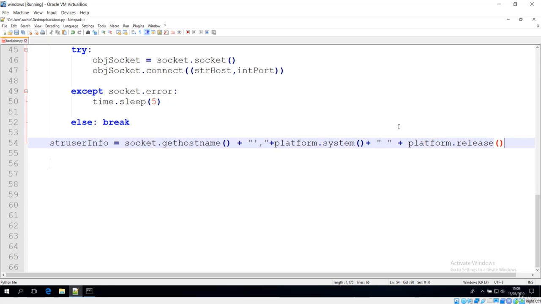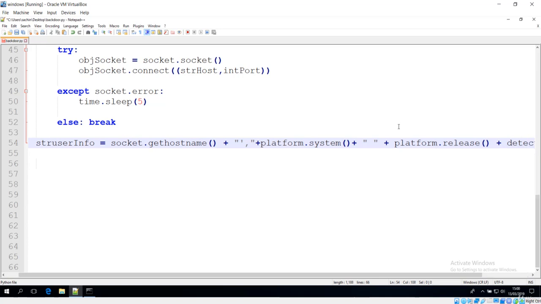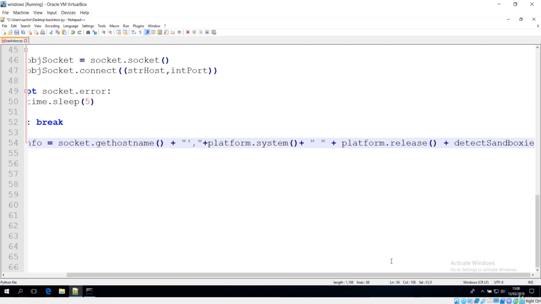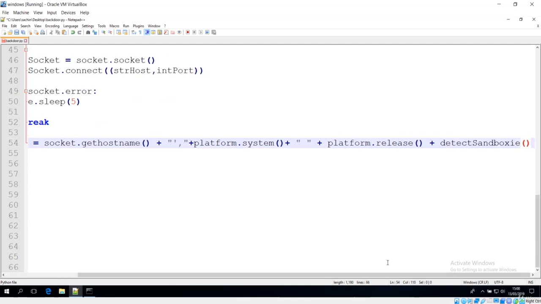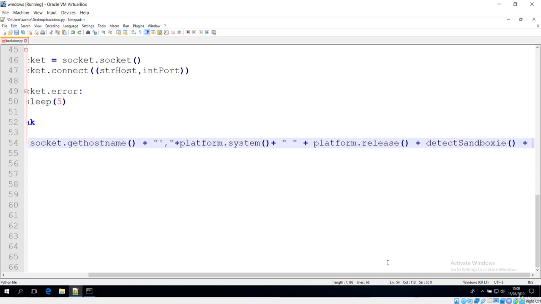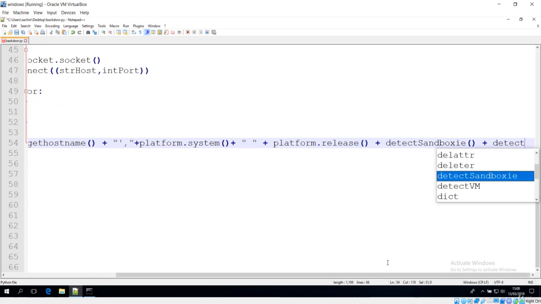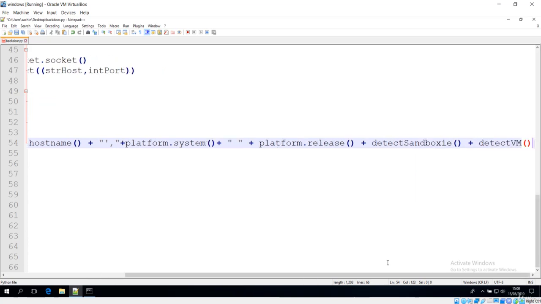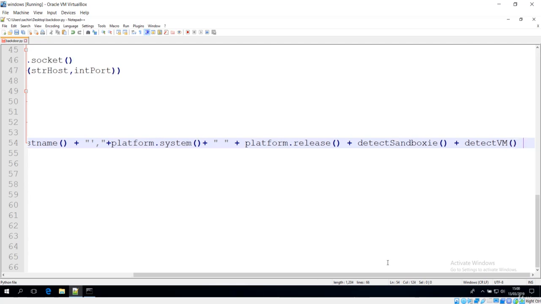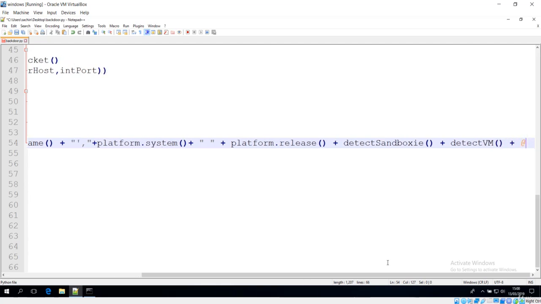Next, after we see the release, we now have to detect the sandbox, which is our method. I told you in the previous lecture that this method is going to run in such a way that this backdoor, or this reverse shell that we are making, will run on this sandbox rather than on the actual machine. So next is to detect our virtual machine, and we are calling this method over here. Next is again to concatenate. The next information I want to concatenate with is the environment of the username, and let's make another information over here.